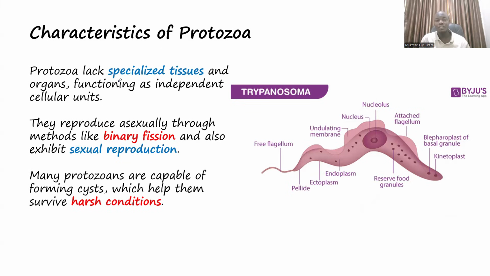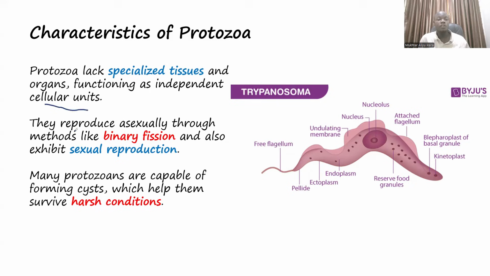They lack specialized tissue because they only have one cell. So they cannot even form tissues and organs. They function independently as cellular units because they have only one cell. That is why they can't have specialized tissues and they cannot have specialized organs. So they can actually function independently